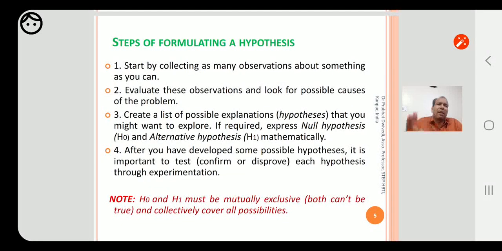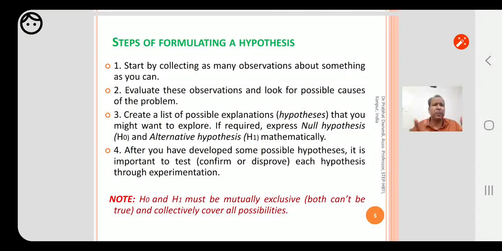What are the various causes? How has this problem taken place? And after doing this extensive work, we create a list of possible explanations. We can call them hypotheses. Tentatively, they are tentative hypotheses. They are not final hypotheses. At this point, we are dealing with the level of logical hypothesis. Create a list of possible explanations that we might want to explore.